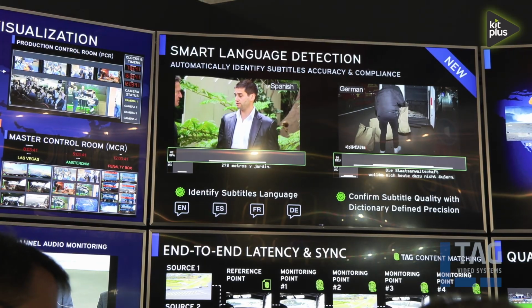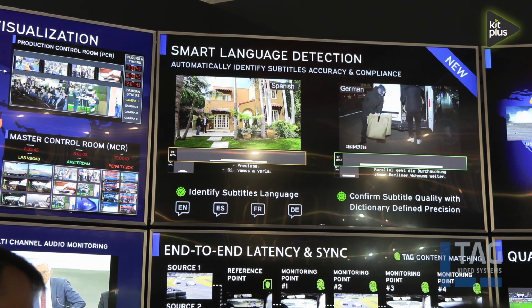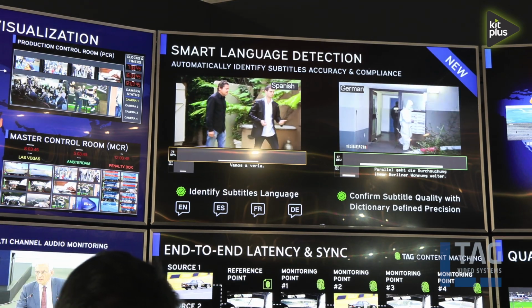We have a language service we now offer. We can monitor for correct language. If you're a multi-language provider, you want to be sure the right language is on the right audio track. We now do that using some AI, and we can validate. Soon coming will be translation of captions and audio. So if you have multi-language translations, you can turn them all back into native language and confirm what's being translated is being said correctly.